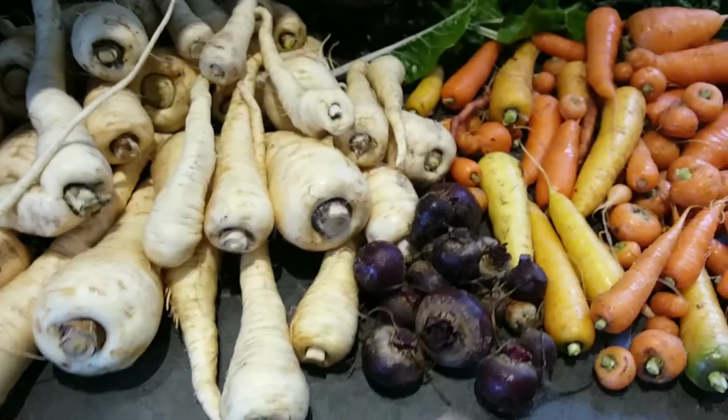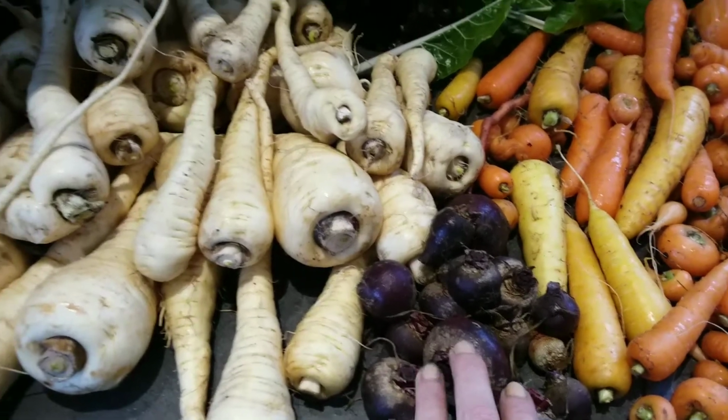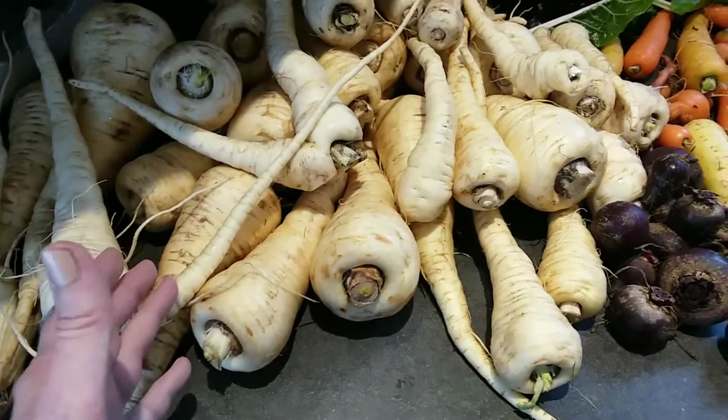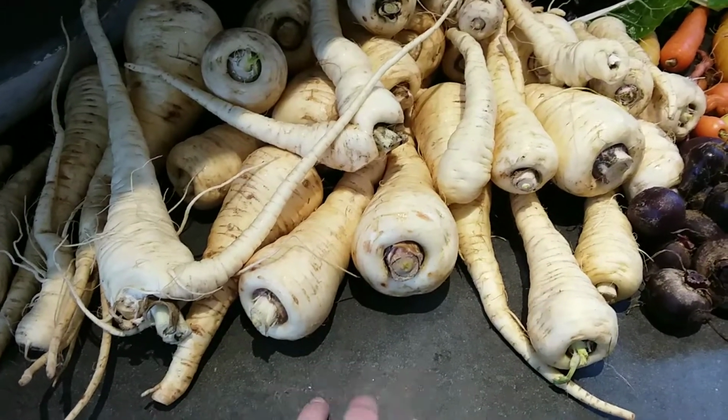And the carrots will store fine, and I think I'll have lots of room for that. Beets I'll do something with. Well, these I've been enjoying in meals anyways. I've pickled enough beets. Parsnips, I don't mind freezing parsnips, because the good thing about parsnips is you're often using them, aside from enjoying them now,